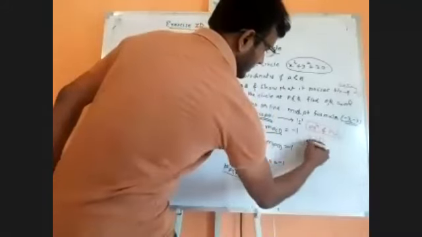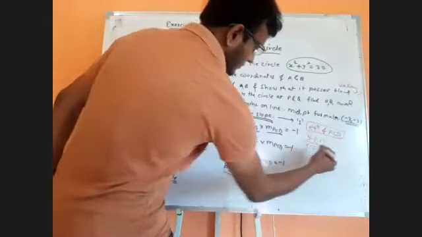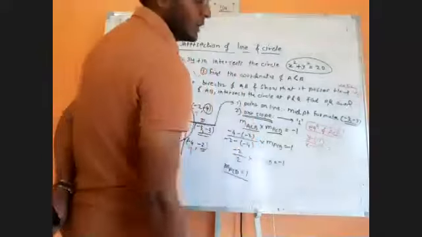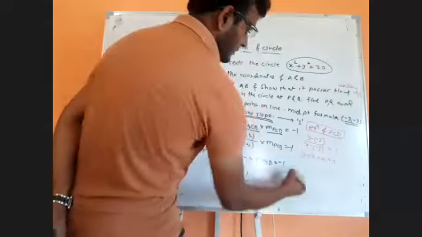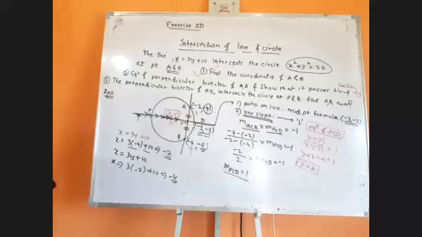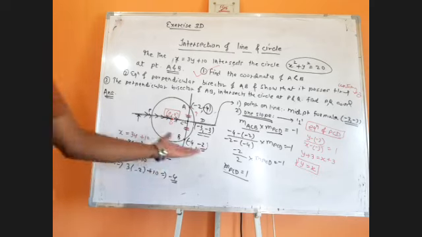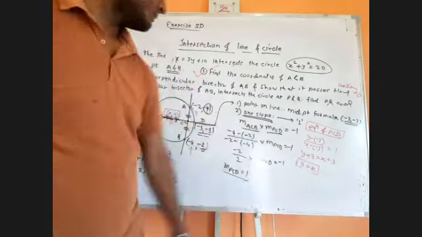Then it's easy. Equation is y equal to mx plus c, and we know m also. So y minus of -3 upon x minus of -3 is equal to slope of PCD, which is 1. So y plus 3 is equal to x plus 3. So y is equal to x. This is how you will get an equation of perpendicular bisector, and you will make it pass through center. Obviously it is passing through center because it is satisfying 0, 0.